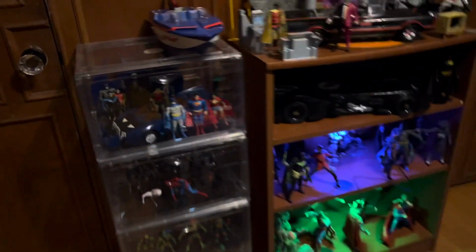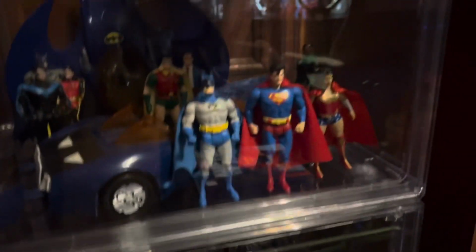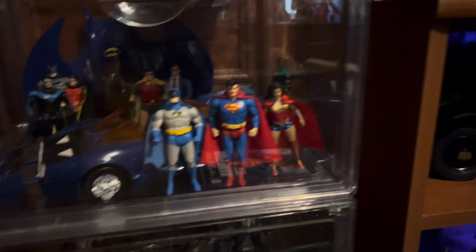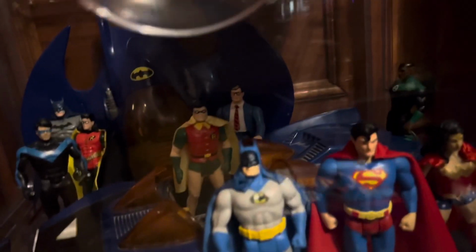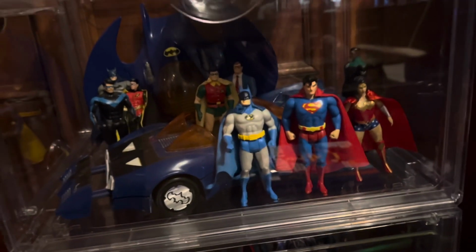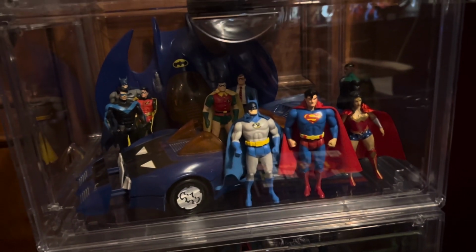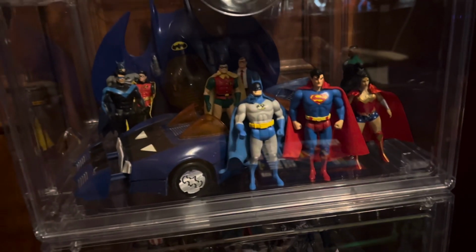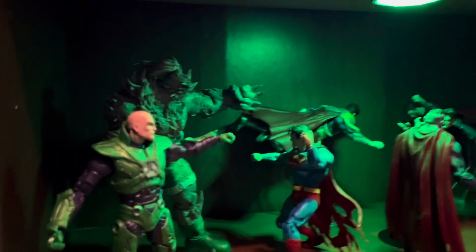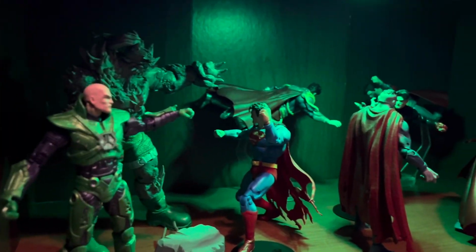All right. I also have this right here, this Superman in this little case with my Super Powers figures. Some Toy Biz, some old school Super Powers, some Kenner, but kind of a homage to pretty much my first Superman toy growing up. And then down here, where I have my Superman family displayed,